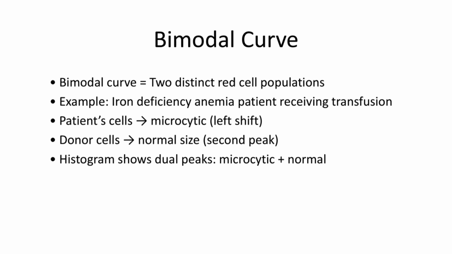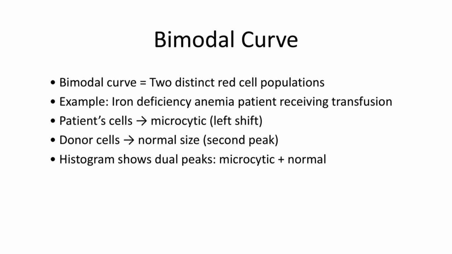A bimodal curve in a red cell histogram indicates that there are two distinct populations of red blood cells present in the sample. For example, imagine a patient with iron deficiency anemia who has received a blood transfusion. In this case, the patient's own red cells are microcytic, or smaller than normal, which produces a left-shifted curve. After transfusion, the donor's normal red blood cells are also circulating in the bloodstream, producing a second peak in the